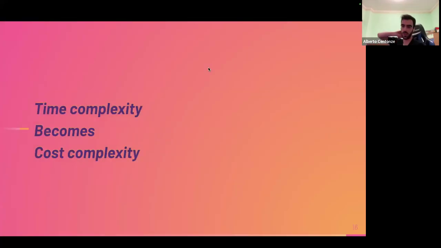Another key takeaway that you need to keep with you is time complexity becomes cost complexity. As I said before, in programming in general, you care about time complexity. You want things to be efficient because efficiency translates into less energy consumption. But here it's slightly different. On Ethereum, we're not doing hard computations. We're just making them secure. Most of the operations are literally just increasing by one the balance of someone if we received something, for example. We're not doing complex operations.